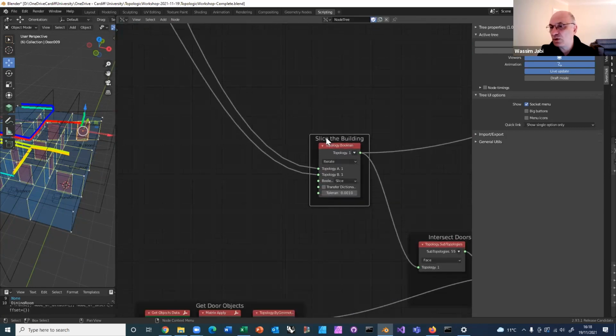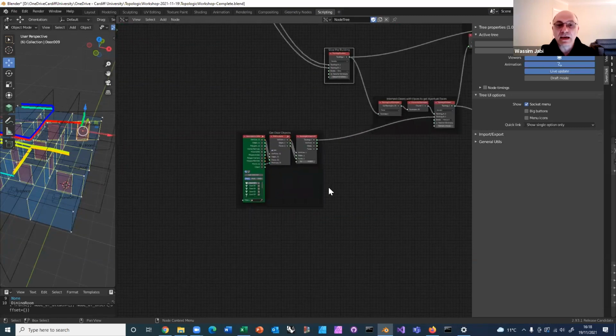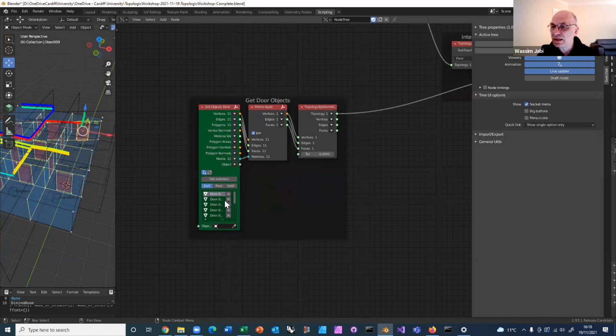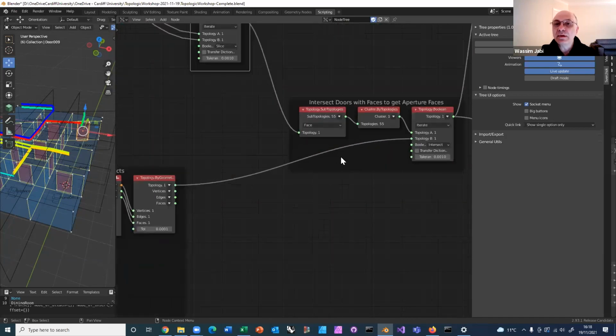This is where we create what is called a cell complex in TopologicWorkshop. This is a grouping of cells that are interconnected. So we've sliced it and we got a cell complex. Then I get the door objects. These are these cubes that are perpendicular to the faces. And I intersect them with the faces of the cell complex. So now the cell complex has interior walls, right? Because it has been sliced. So I just intersect them with all the faces. Obviously, it will not intersect with the ceiling. It will not intersect with the floor. It will intersect with the interior